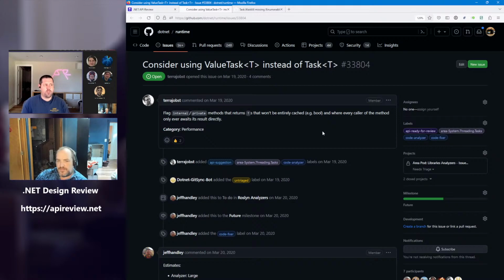So it sounds like we have a concept of analyzers that only run over the final build and not kind of. Yeah, so for example, we added an analyzer earlier this release that recommends changing types of fields or return types of methods where you're returning an interface or a base abstract class, where you could avoid virtual or interface dispatch if you changed it to be the concrete derived type. So you're returning IList of T and you could have used List of T. But that requires looking at all the call sites of every method to determine whether it makes sense.